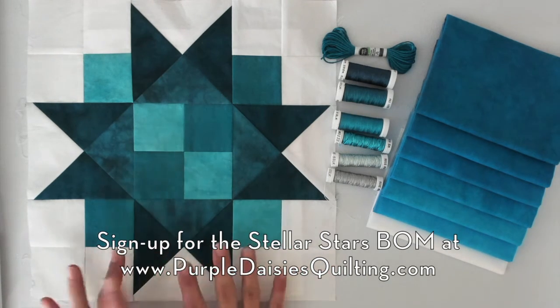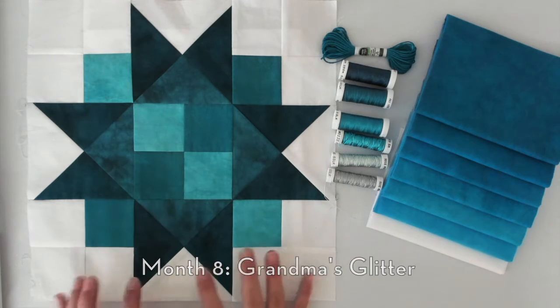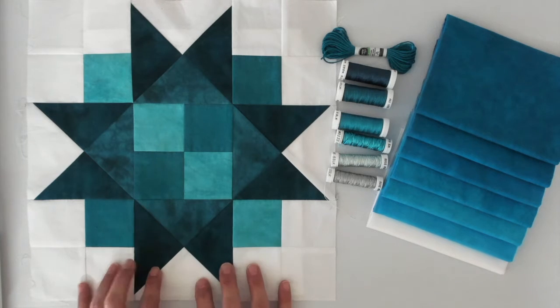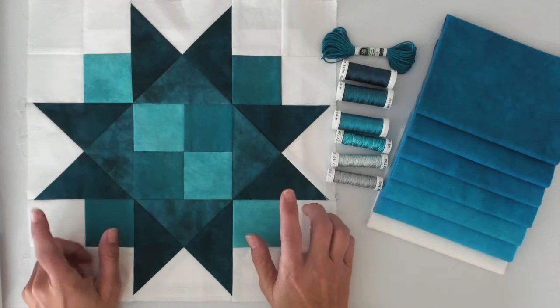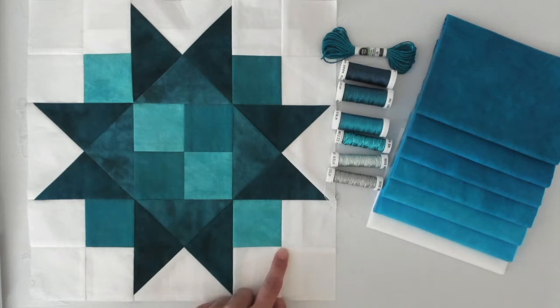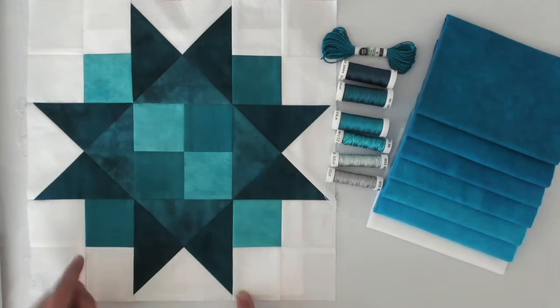This month's block, this pretty little thing here, is called Grandma's Glitter. We're going to go back to basics with some of the elements that we will go over for making this block and getting it all put together. It is a variation of the traditional Grandma Star block, and I modified it with some elements of the Ohio Star, including the quarter square triangles, but we still have the quintessential intersecting blocks that run through the diagonal center,